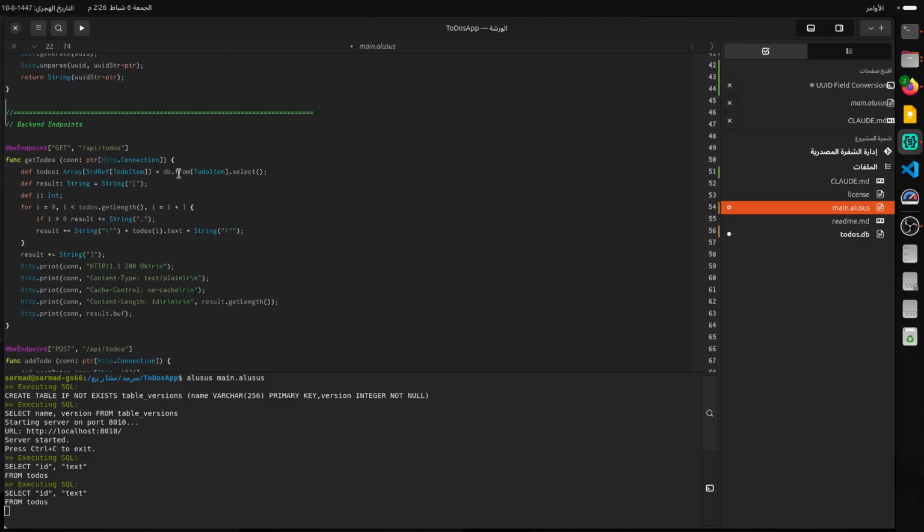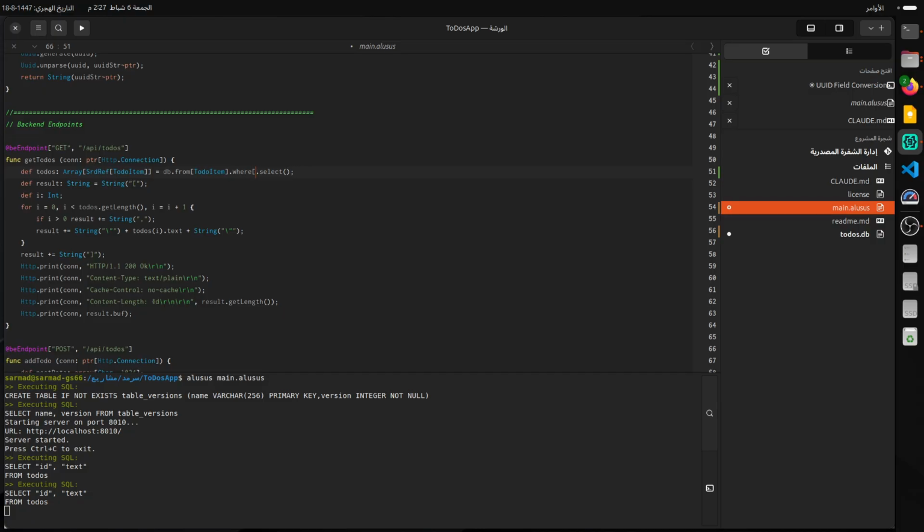Now, the other thing you might want to do, I guess it's not going to be needed for this specific example, but I'm just going to mention it here in the code. Let's say you want to filter the data you're receiving. So let's say you're getting a specific record, so you can do db.from.where, and then you give it, let's say you have a date field, then you can do something like